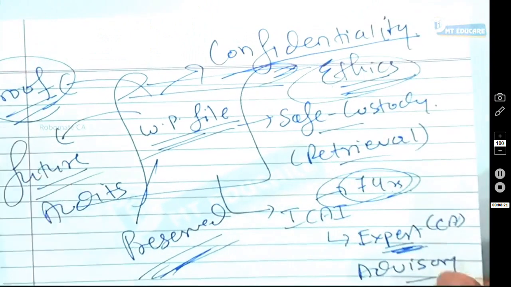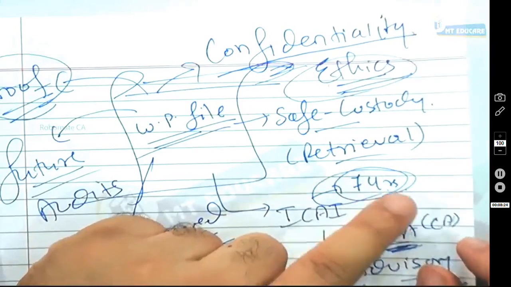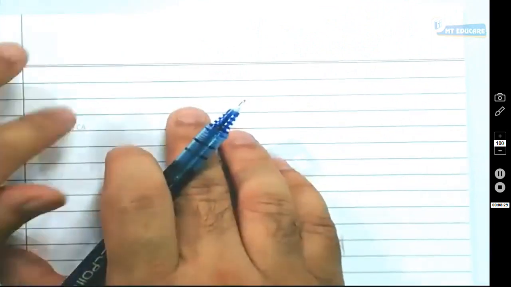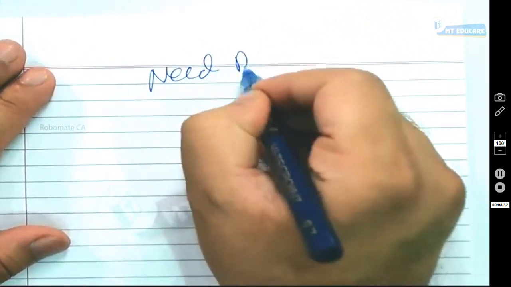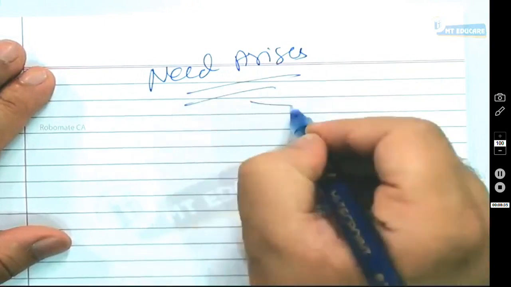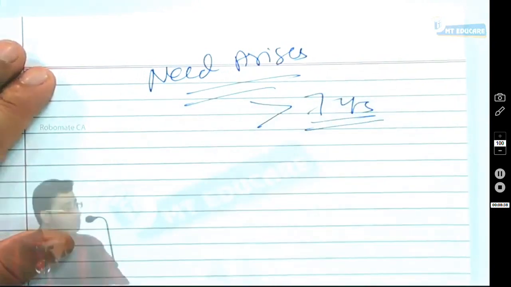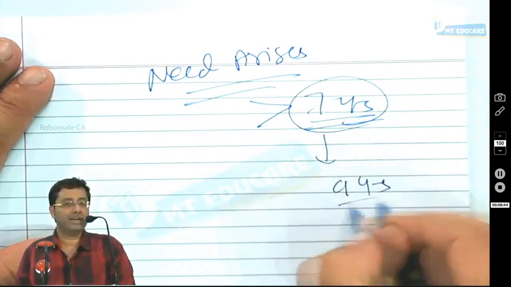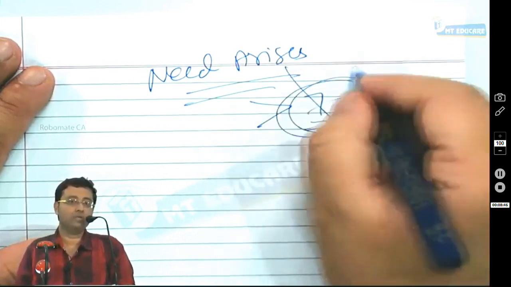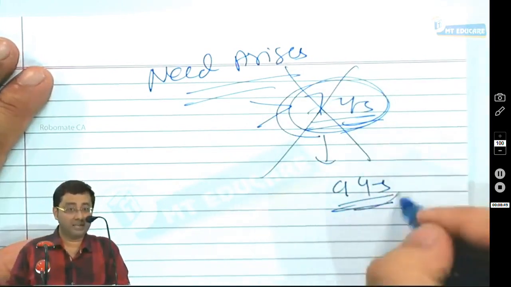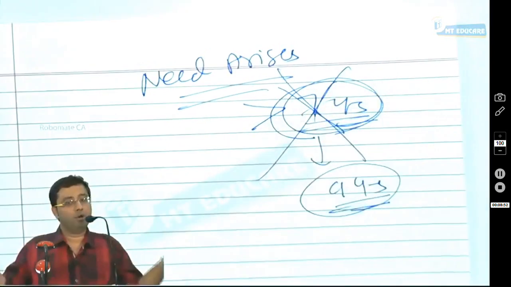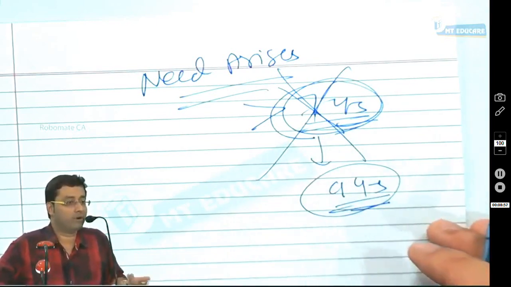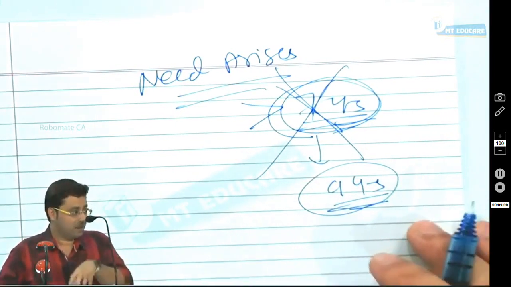One good question which I want to communicate with you is a past exam question. Suppose the rule is that you have to prepare working papers and preserve them for 7 years. But suppose the need arises to have working papers for a period greater than 7 years, is it okay if you preserve them for 7 years only? Suppose the law requires you to keep working papers for 9 years and you kept them only for 7 years and then destroyed them. You said, no, I preserved them for 7 years. That time you never told me anything, and now suddenly you can't ask me for a period of more than 7 years. So what is the answer to this question?